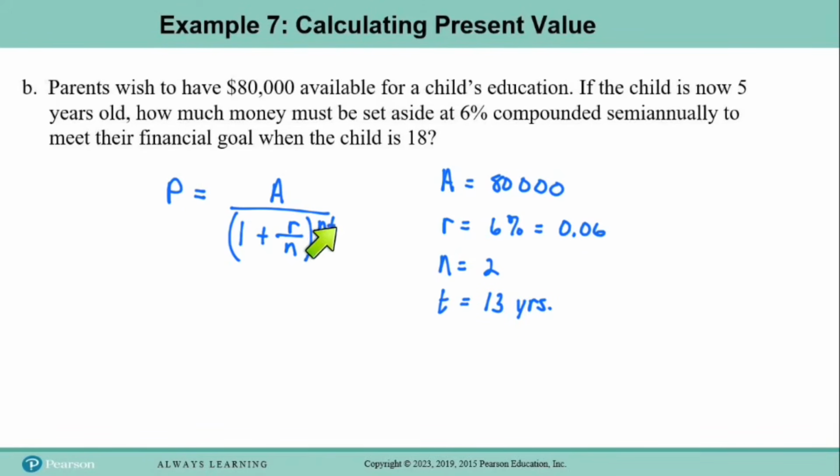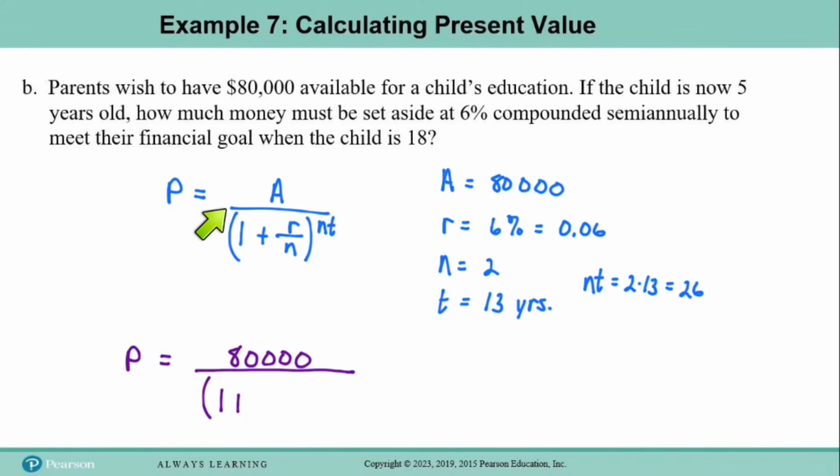Okay, now we know that our exponent in our formula is going to be N times T, so let's calculate that. N times T would be 2 times 13, which is 26. And now let's plug our known values into our formula. So P equals A, which is 80,000, all divided by parentheses 1 plus R over N, so that's going to be 0.06 divided by 2, close parentheses, to the 26th power. And entering all of that into the calculator, I got